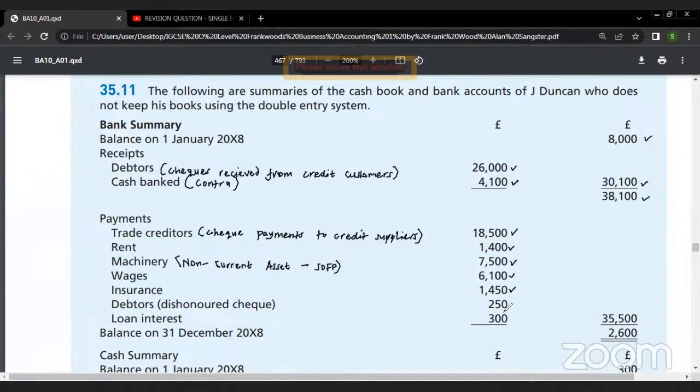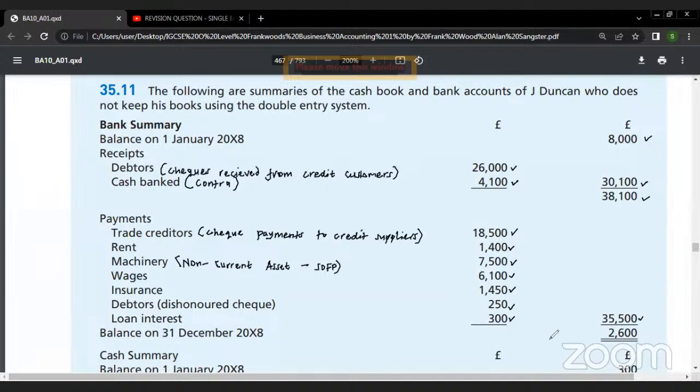So you received some checks from your customers, but now some of the checks were dishonored, so you have to credit your bank account. Then loan interest. Duncan has a loan, and of course, Duncan has to pay interest. So this is the interest which was paid by Duncan during that year, giving us a total payment of 35,500